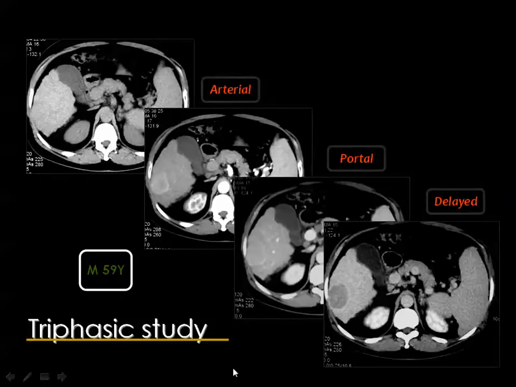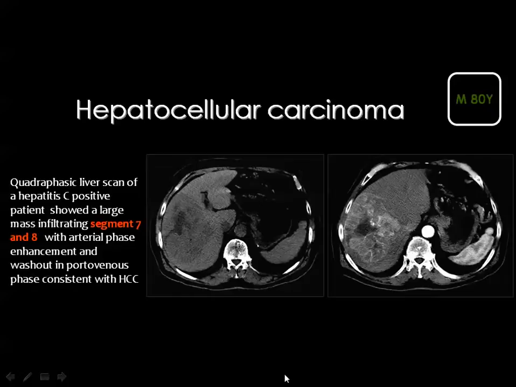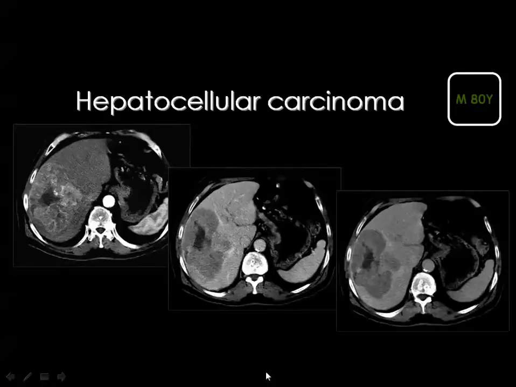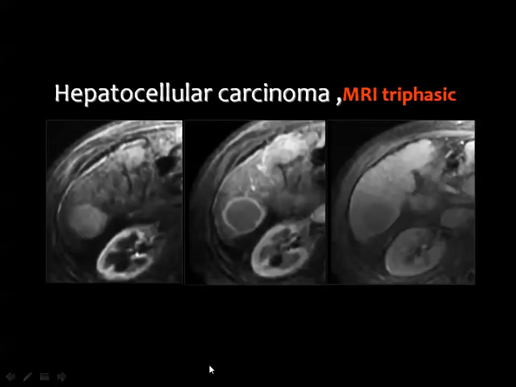is relatively hypovascular. Then this is the hepatocellular carcinoma before contrast injection and in the arterial phase, and you can see the heterogeneous enhancement, and you can see also the central areas of breakdown. This is the full series: arterial phase, portal phase, delayed phase of hepatocellular carcinoma. And this is the arterial phase, portal phase, delayed phase by MRI, showing an enhancing hepatocellular carcinoma in the right